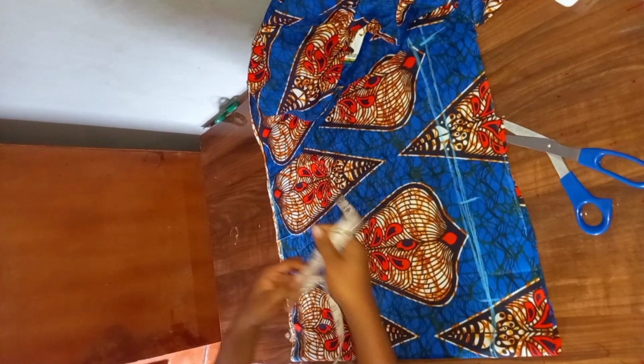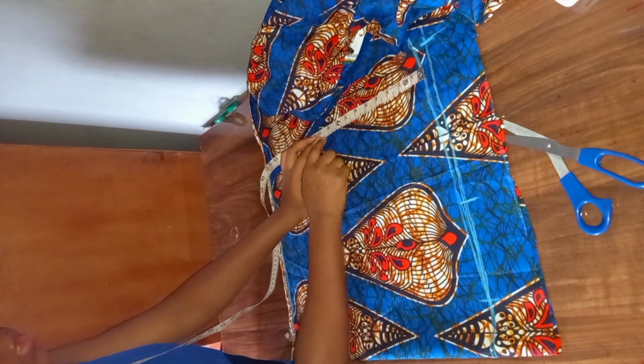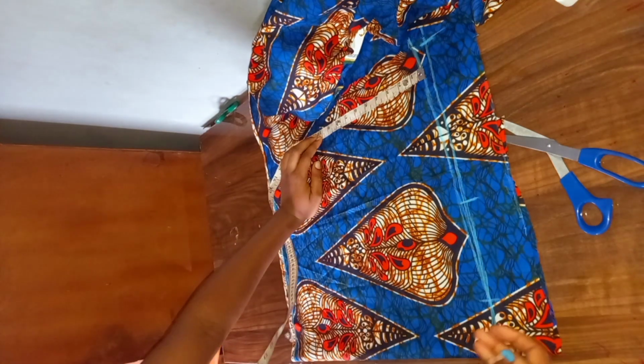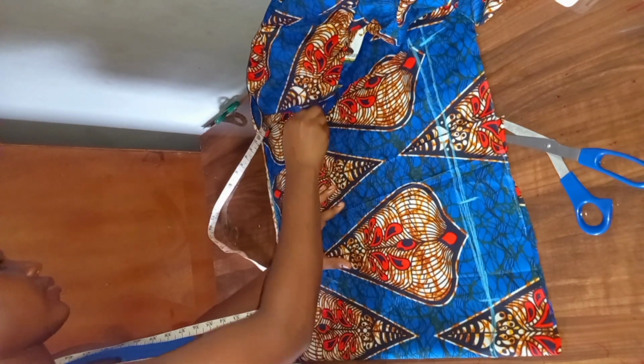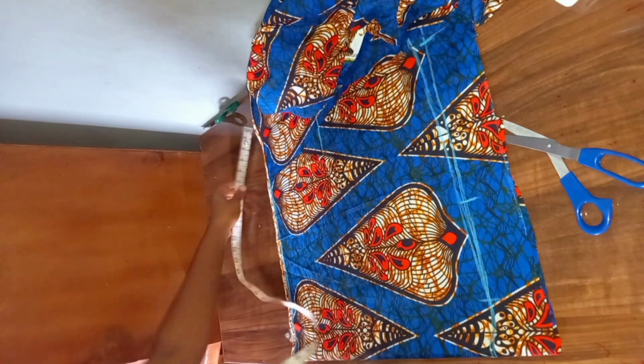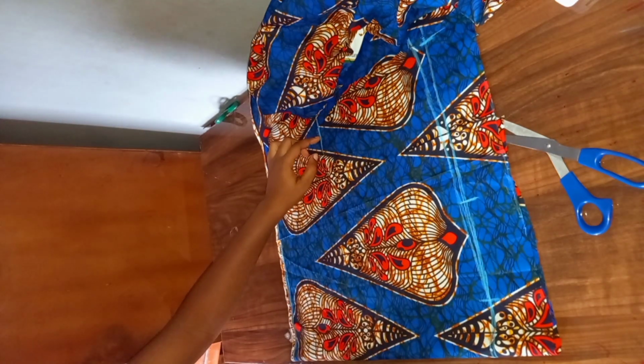And this is what I have. Having done this now, I'm going to come down by 9 to 10 inches for my arm opening, where I'm going to be bringing out my arm. And this is what I have here. Alright, so having done this now, where your arm opening lies,